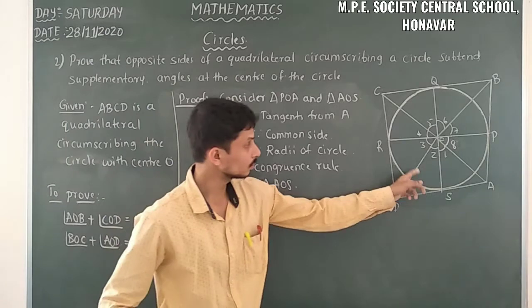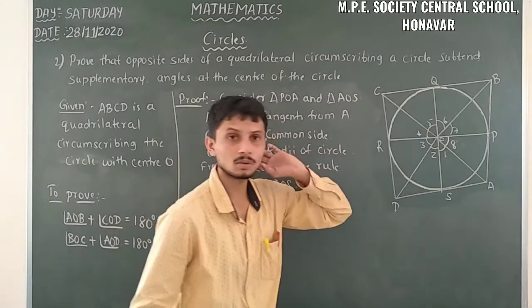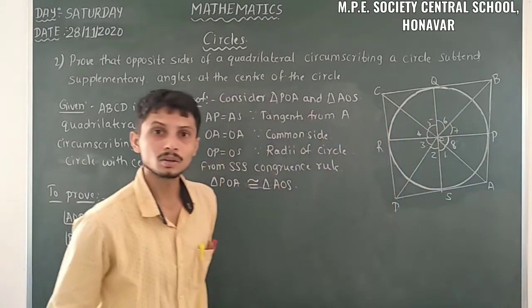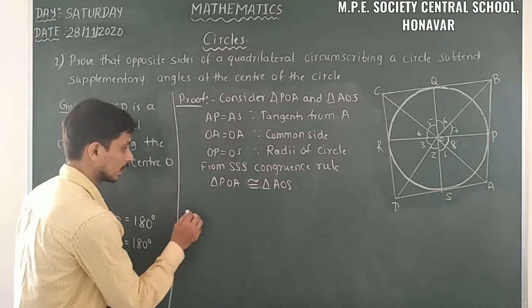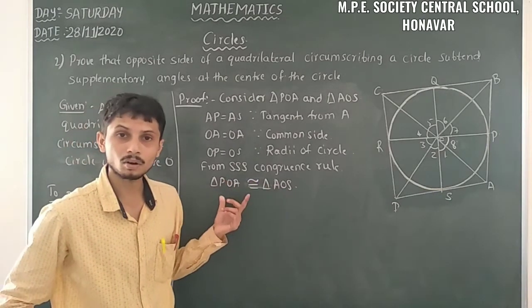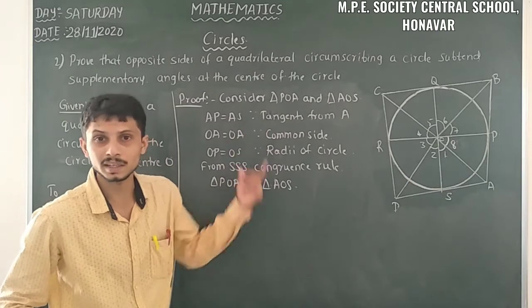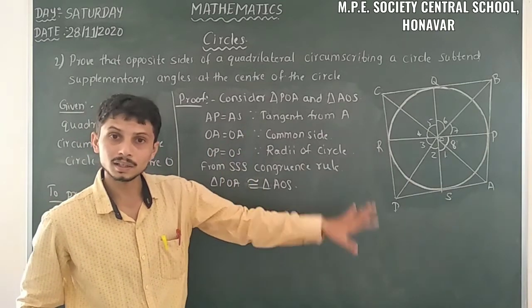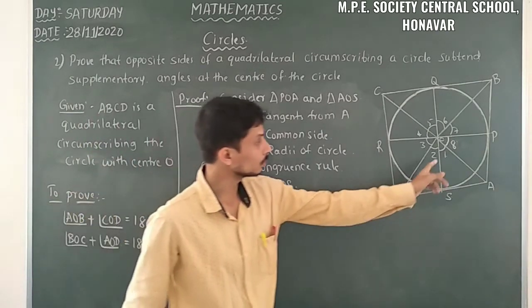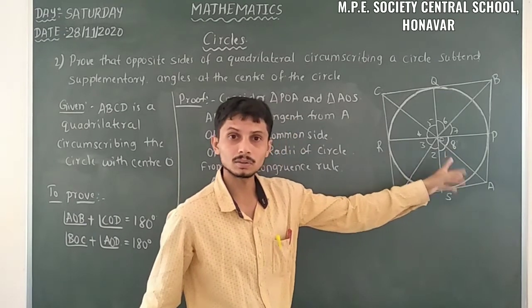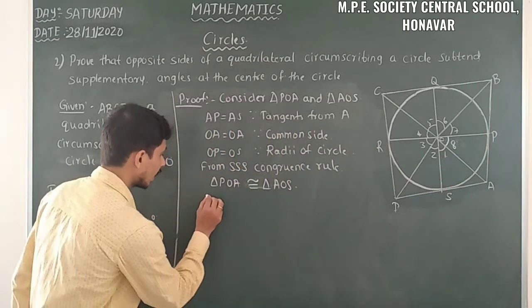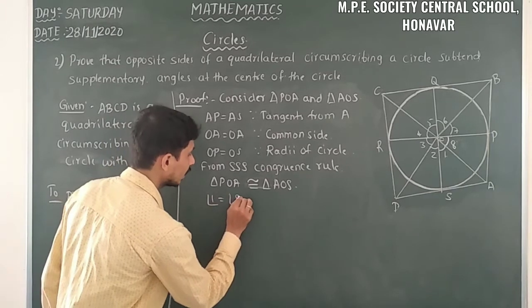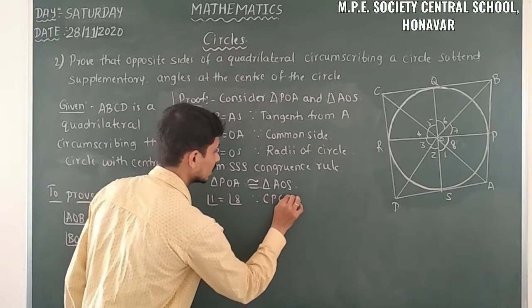Simultaneously, we have these two triangles are congruent, these two triangles are congruent, and these two triangles are congruent also. Yes. So when these two triangles are congruent, all the sides are equal. So that's why all the corresponding angles are also equal. So particularly we want angle 1 is equal to angle 8. Let us take that one. That is angle 1 is equal to angle 8 because of CPCT.